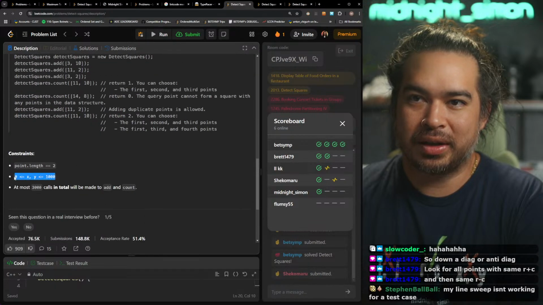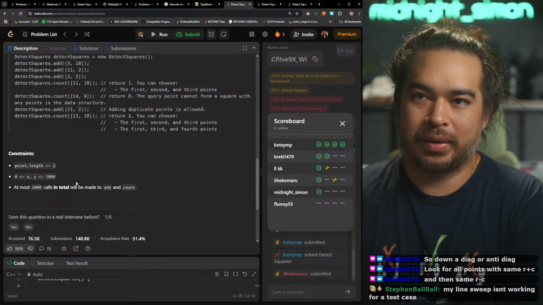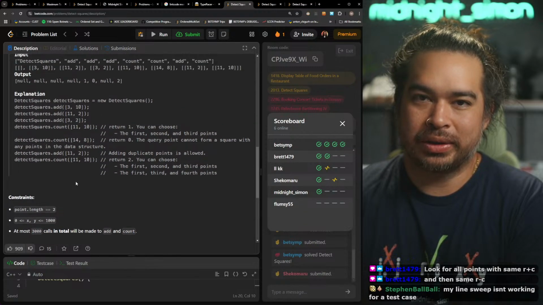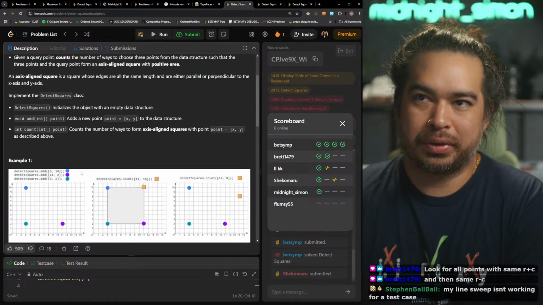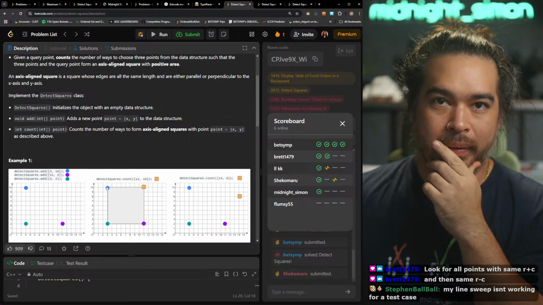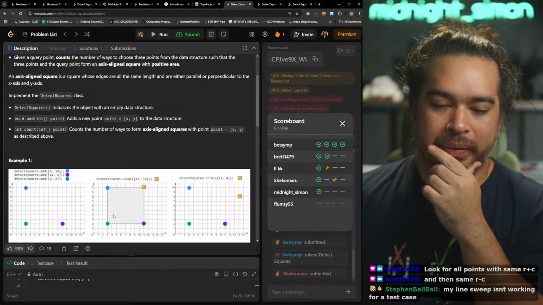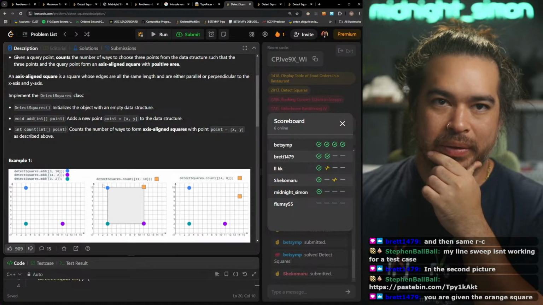All right, so they said XY is 1,000 and then 3,000 calls in total. So if we looped through all the points on the same diagonals, then now we have, all right. So if we found this one, then we need to find how many points are there.